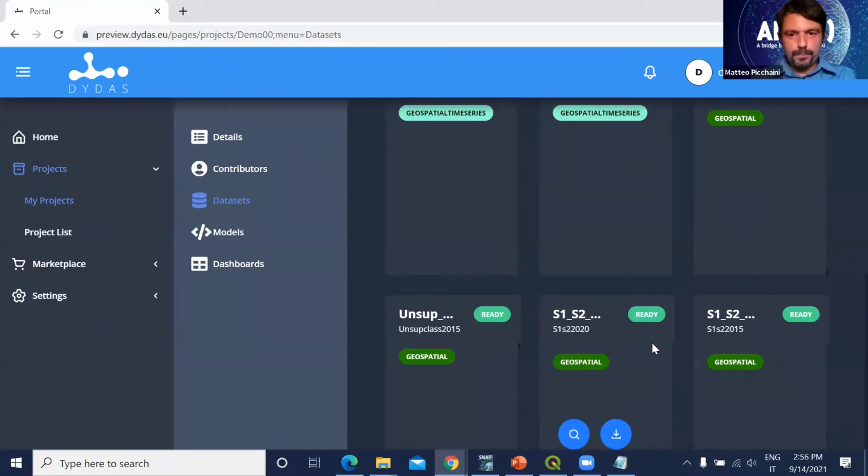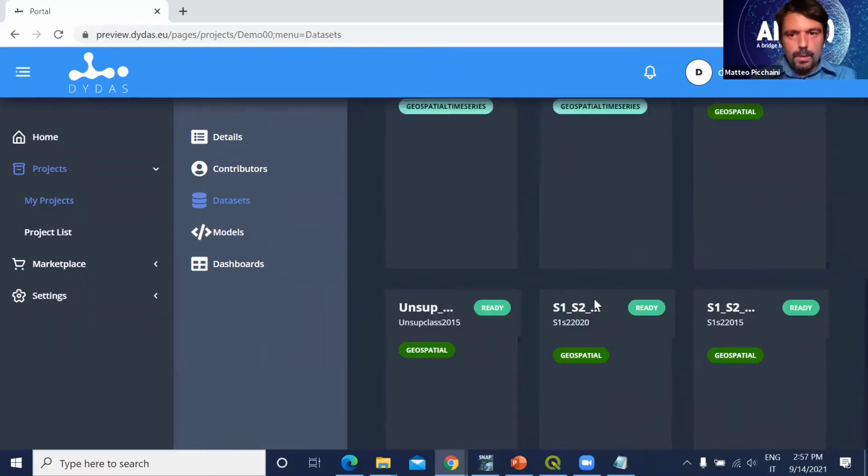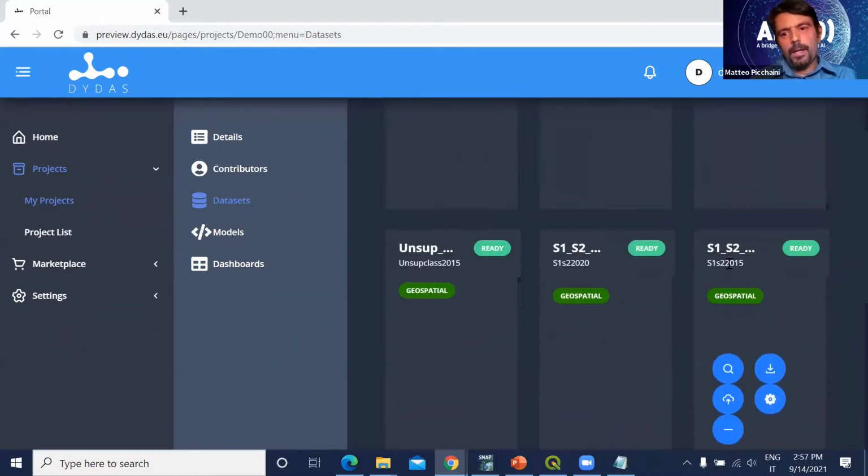Here we have already uploaded the input data from 2020, and now we can test the possibility to upload just one dataset in order to be quick and go ahead with the rest of the demonstration. And we will now proceed to upload the Sentinel-1 and Sentinel-2 combination